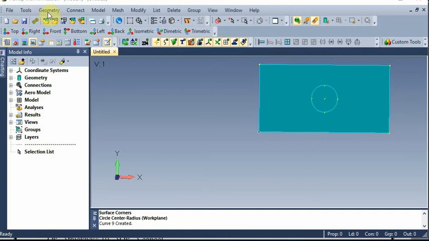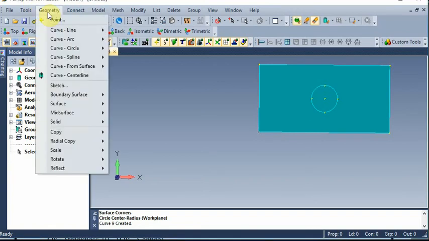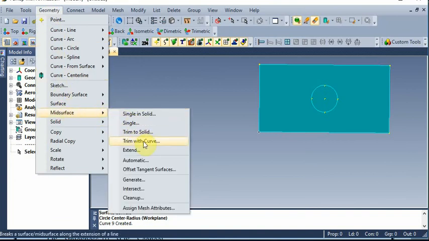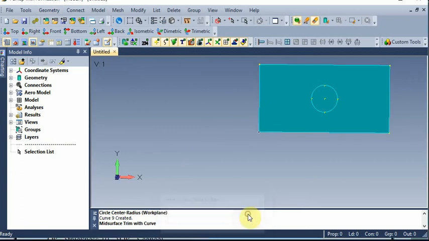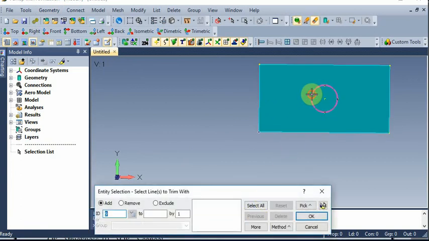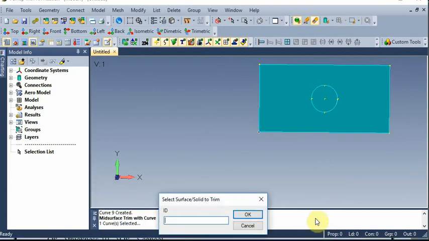Next we need to delete the circular portion from the plate. For that, geometry, midsurface, trim with curve, then select the plate. Okay, then select the curve. Okay, then give cancel.